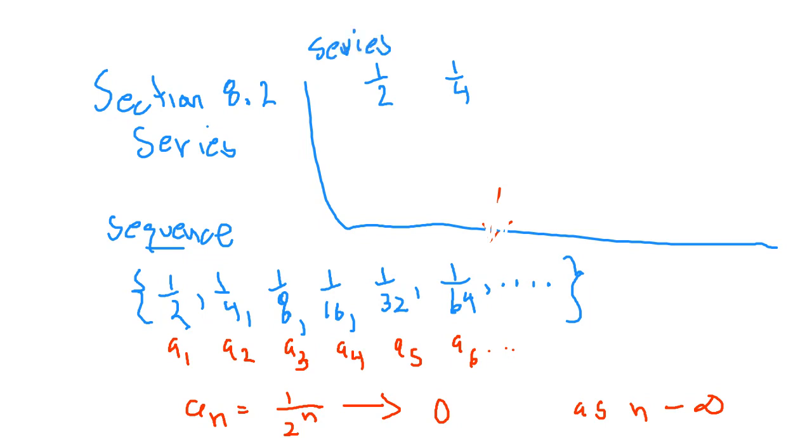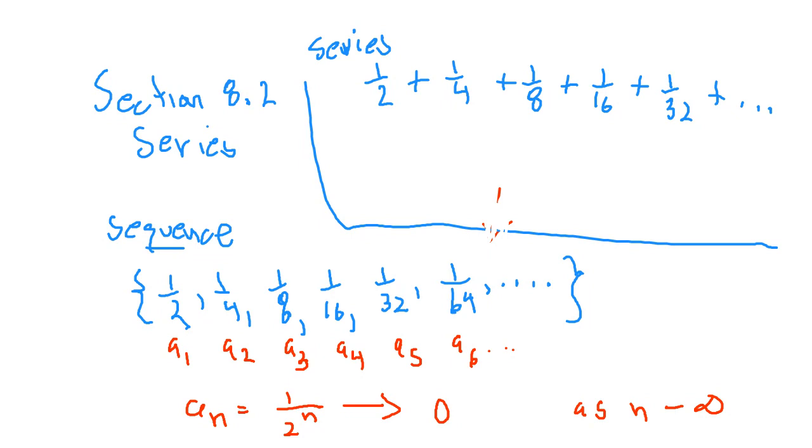Okay, if I take a half and a fourth and an eighth and a 16th and a 32nd and so forth, and I added the terms. Okay, if I add the terms of the series up,